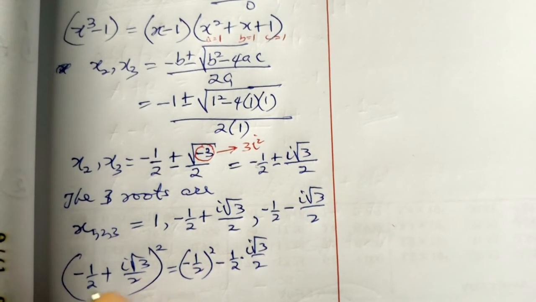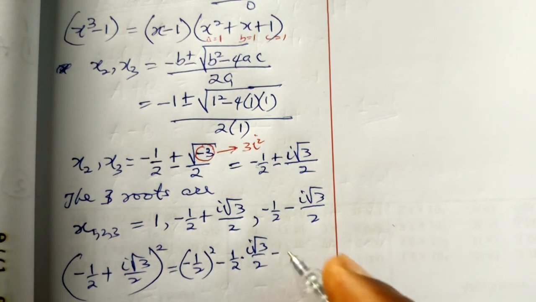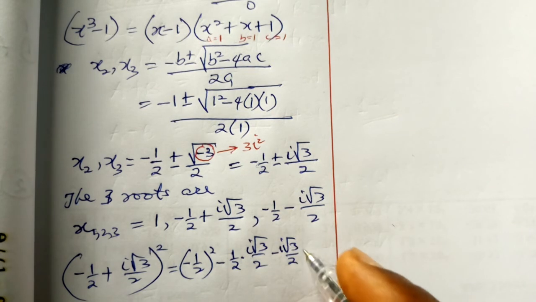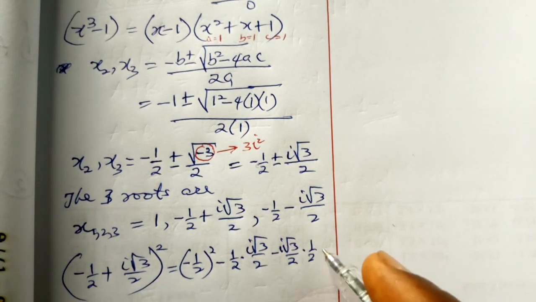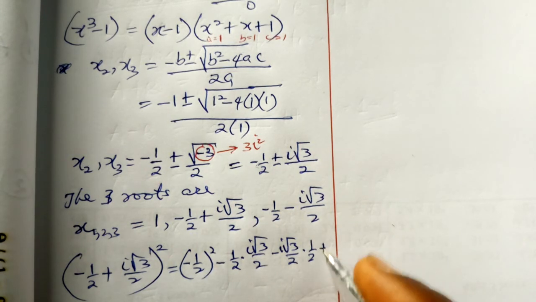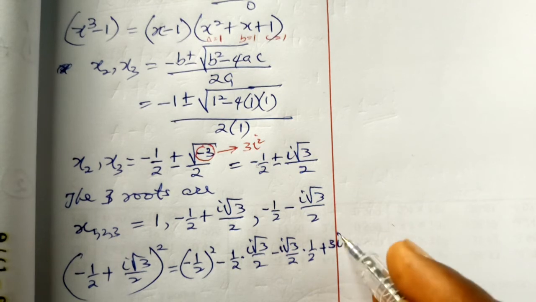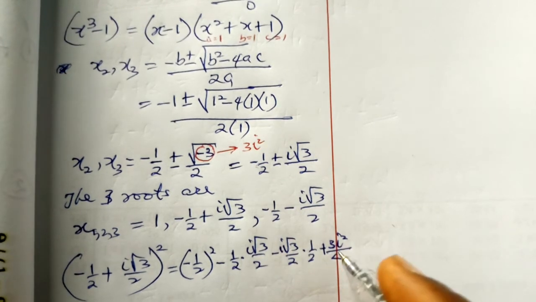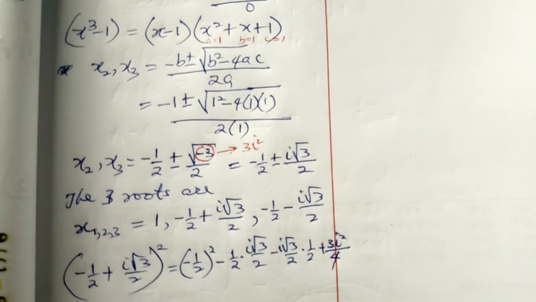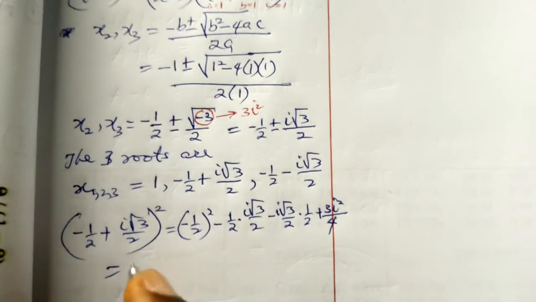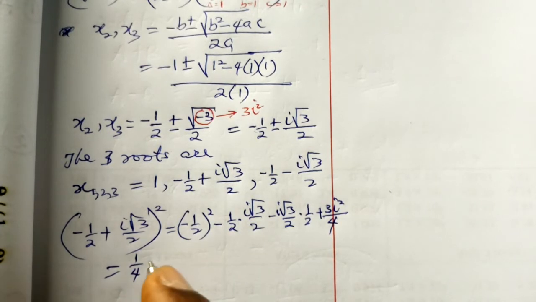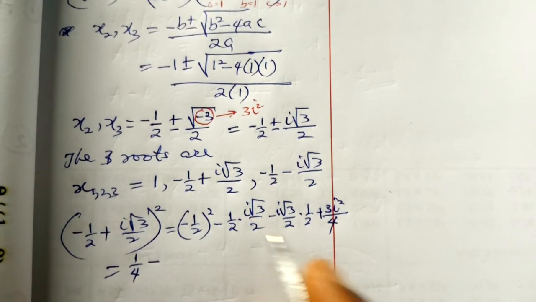Then this, minus root 3 over 2 as I times half. Then this one multiplied by itself will be plus I squared, 3I squared all over 4. So if we do that, we get that this is equal to 1 over 4 minus, this thing is half of this,